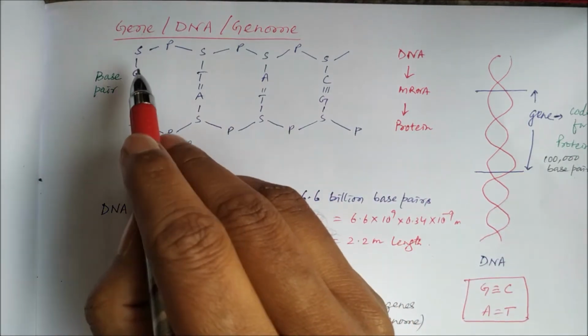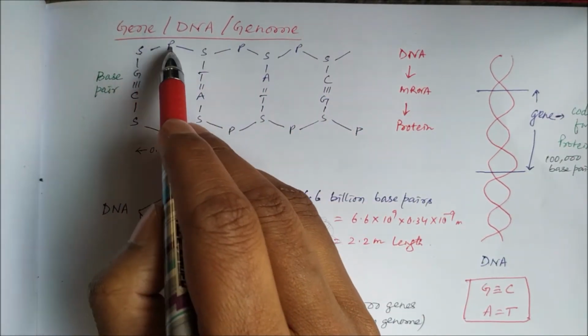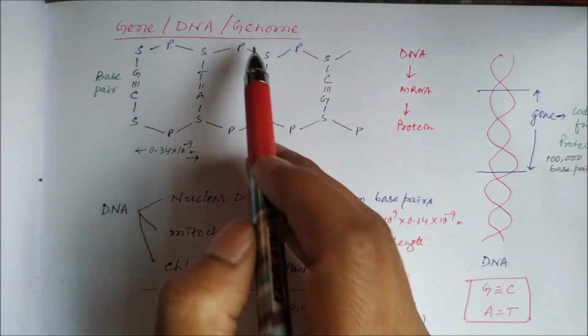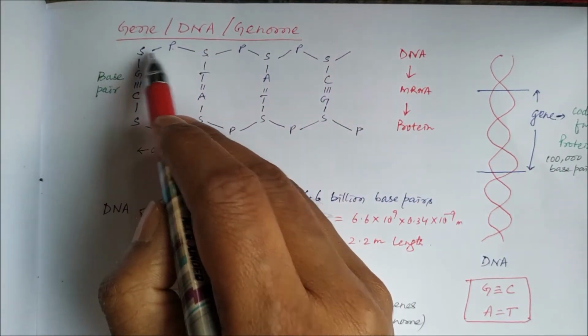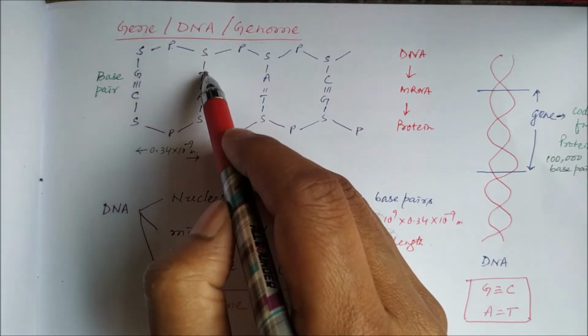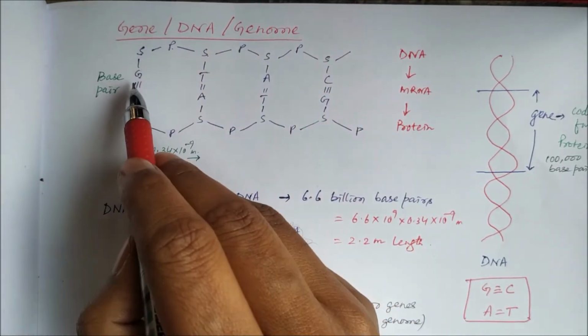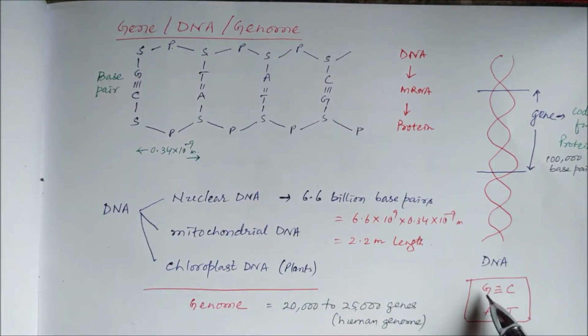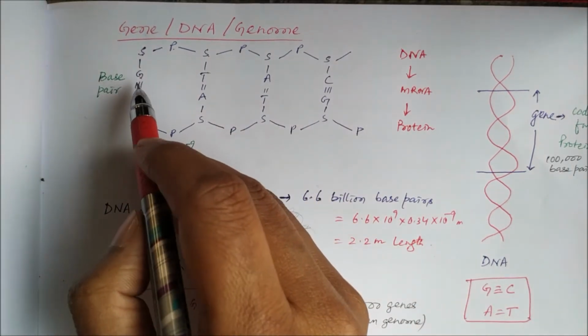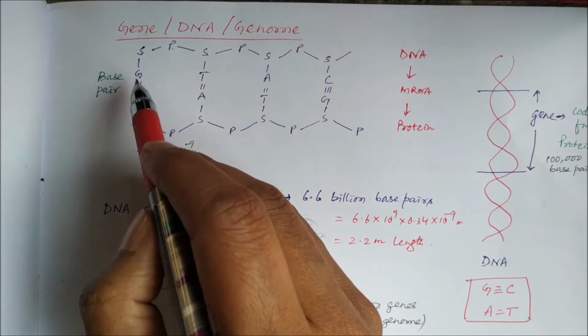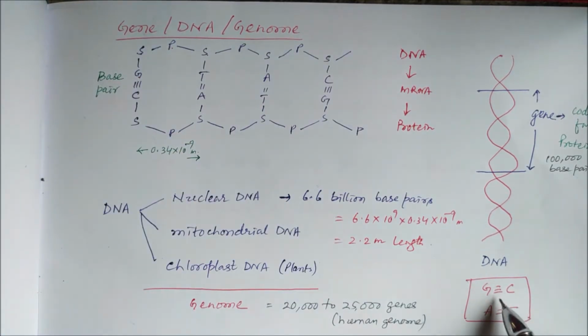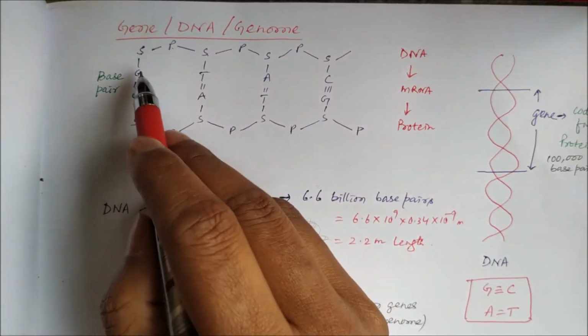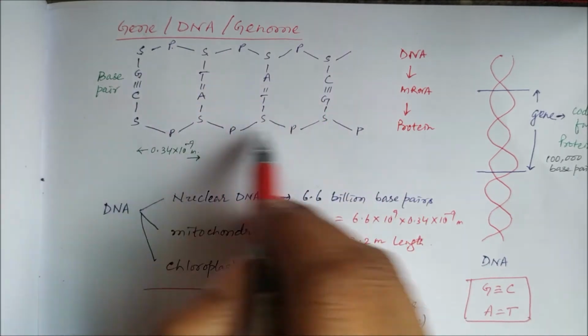And if you see the structure of DNA, it is a chain of sugar phosphate, sugar phosphate, sugar phosphate. So if it is DNA, then it is deoxyribose sugar, and to each sugar there is a base linked, and these bases can be G, A, T, C: guanine, adenine, cytosine and thymine. And there is cross linking of G with C with a triple bond and A with T with a double bond. So when this cross linking is there, we get this double helical structure,